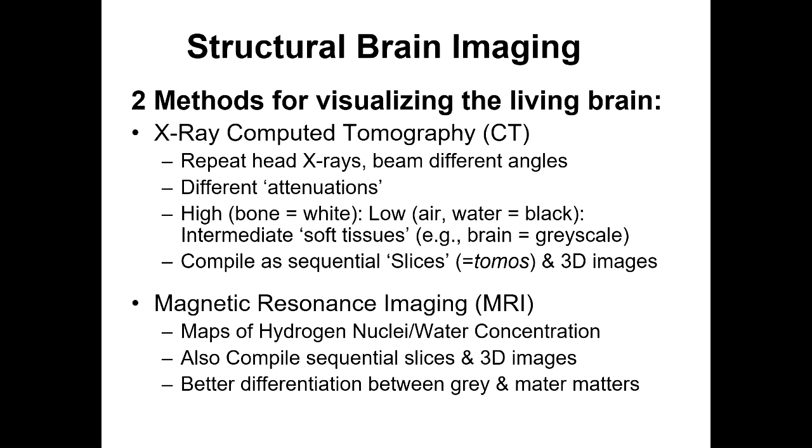They're called X-ray computed tomography, or CT scanning, and magnetic resonance imaging, or MRI scanning. The principle behind the X-ray CT is that a person lies in a scanner and an X-ray beam is fired repeatedly into their head, but at different angles. So the X-ray beam is on a kind of circular gantry that rotates around the person's head, and it fires an X-ray for each of its particular positions, and the X-ray passes through the person's head with different levels